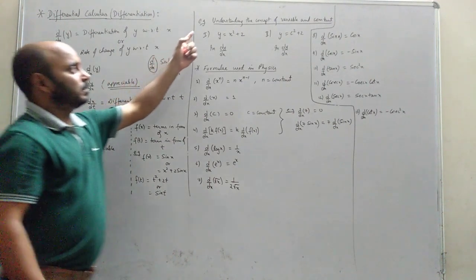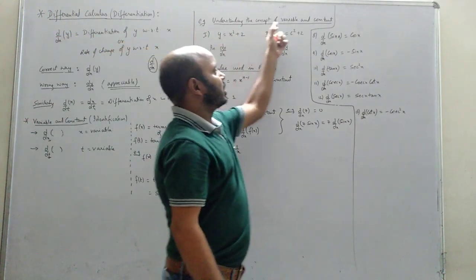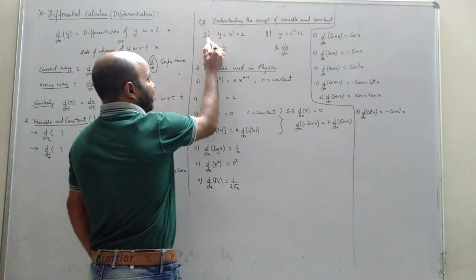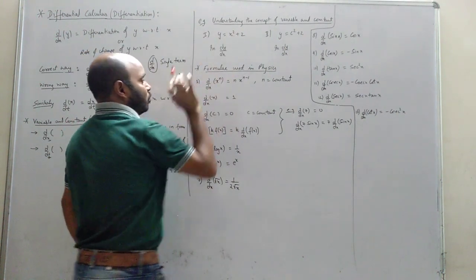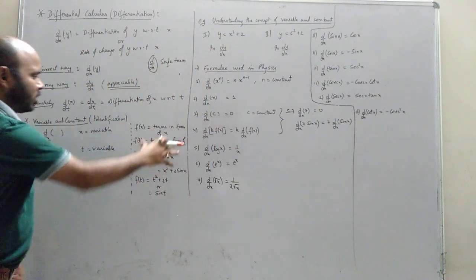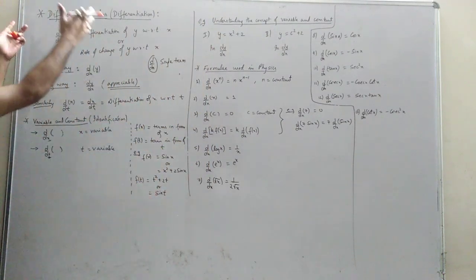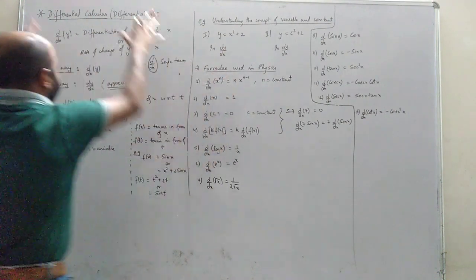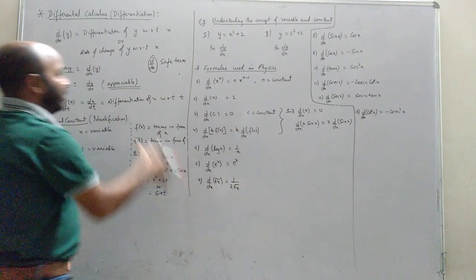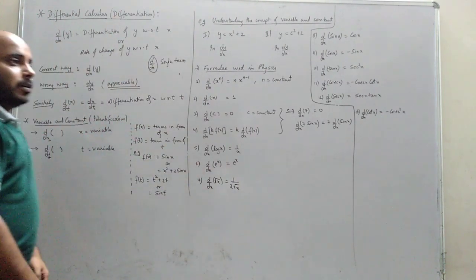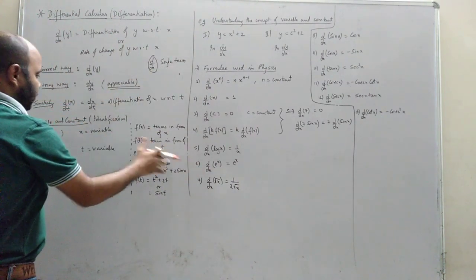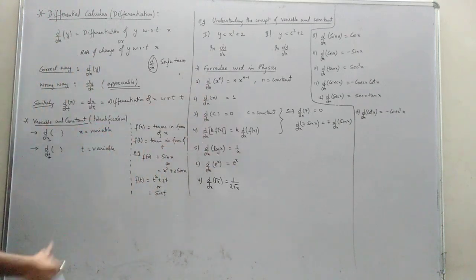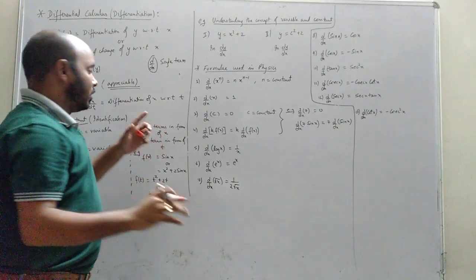Let's take an example. Example: understanding the concept of variable and constant. Now, I'm saying first example, y equals x square plus 2. Okay? Now before that, let's go to this part. You will write in a notebook like this, and beside that you will write this, and below this in a notebook you will write this. The notebook will go like this. Beside this you write this, but this will be below. That much understanding you have, I think so.